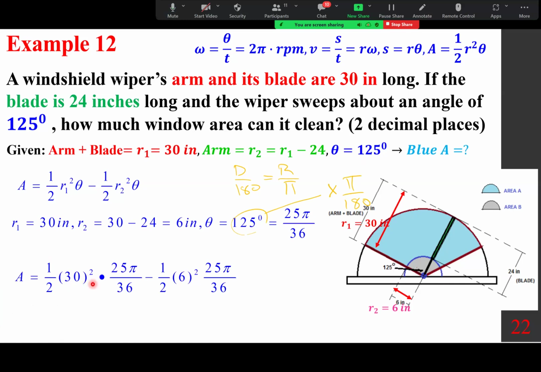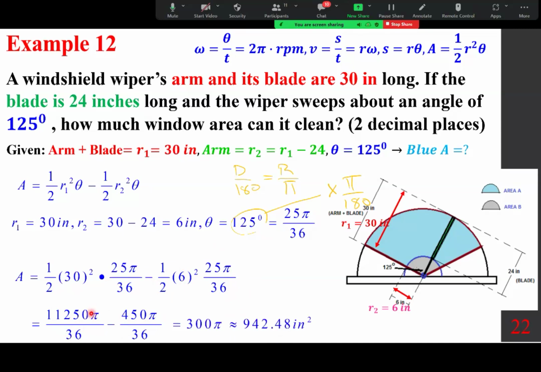So half of 30 squared times 25 pi over 36 minus half of 6 squared times 25 pi over 36. So this one, 30 squared times 25 divided by 2 times 36, and we get 11,250 pi over 36. And this one, half of 6 squared times 25 divided by 36, we get 450 pi over 36. I kept it as pi over 36 because I wanted to have the same denominator, so we can combine these two into 300 pi